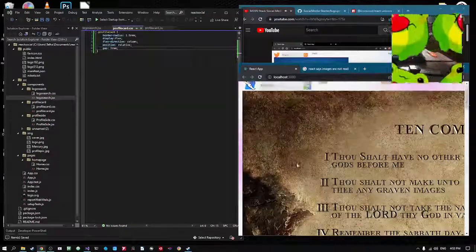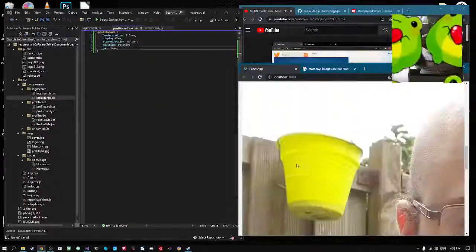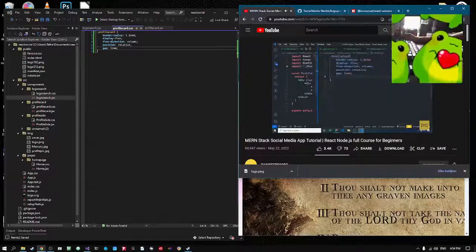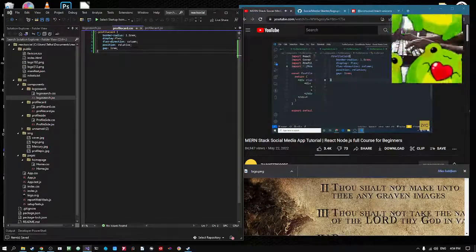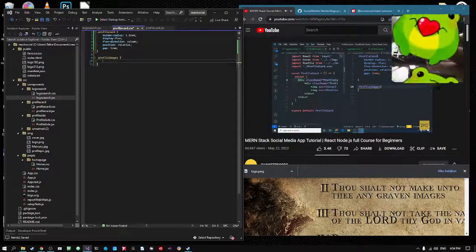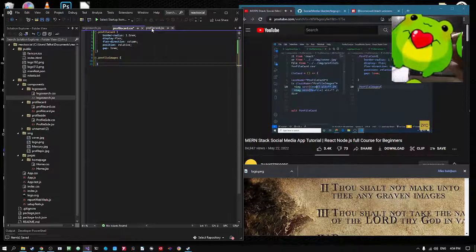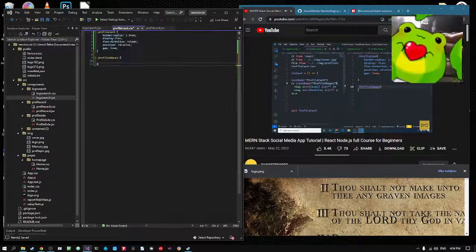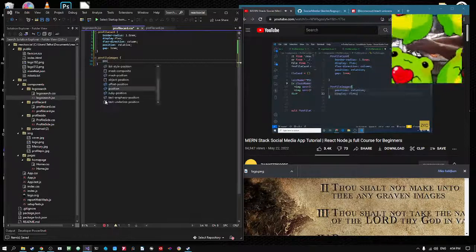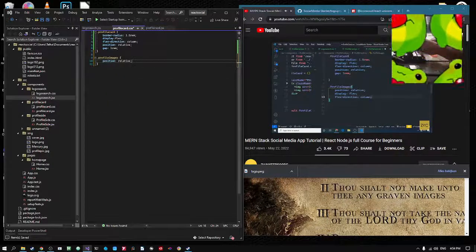Okay, still there is no difference because we have not defined the width of our images. So let's style it more. First of all, I will target the profile images div. As you can see here, we have the profile image and the cover image inside the profile images div. So I am targeting it, and again I will make it position relative, display flex, flex direction of column,